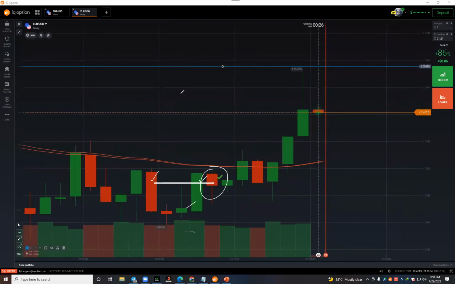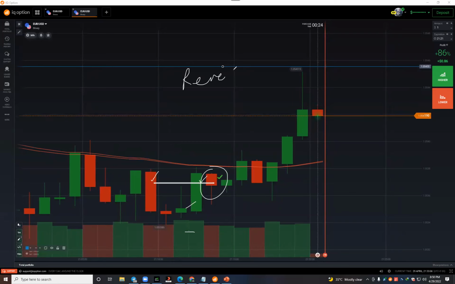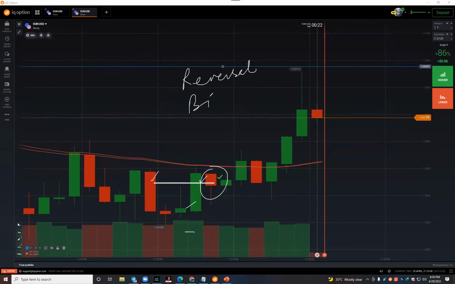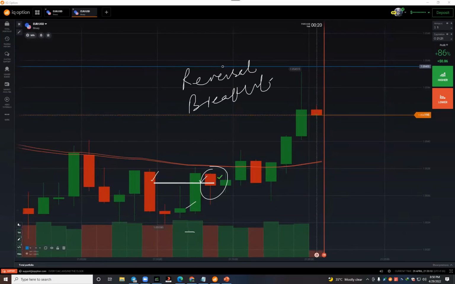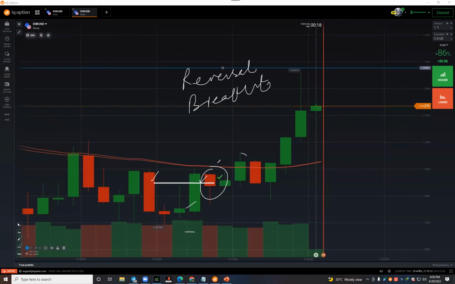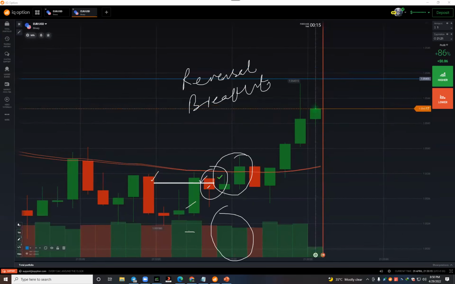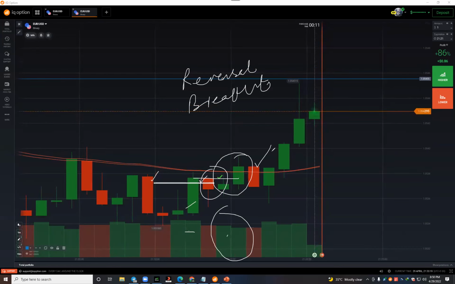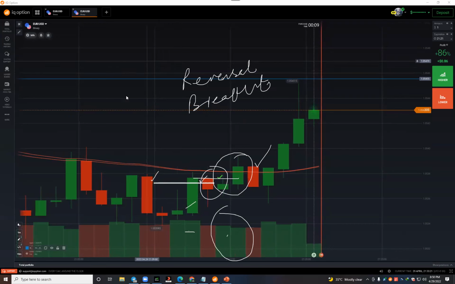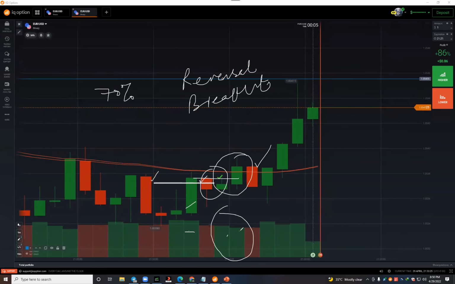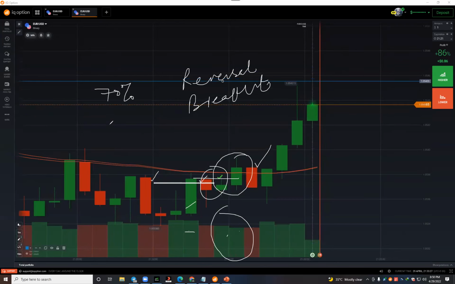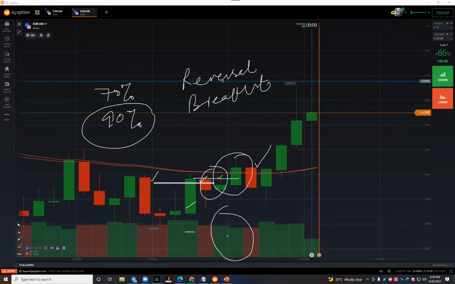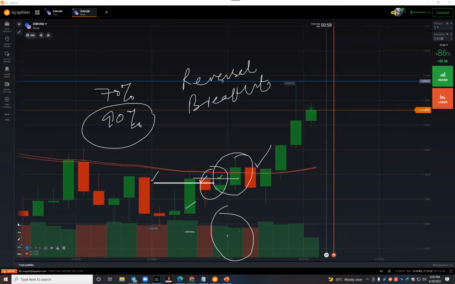So in a breakout, when it has happened, then read these two candles. After the breakout, if you have an anomaly, then surely it will reverse back. If your result is 70%, if you add the anomaly filter, your result will become 90%. Got it?